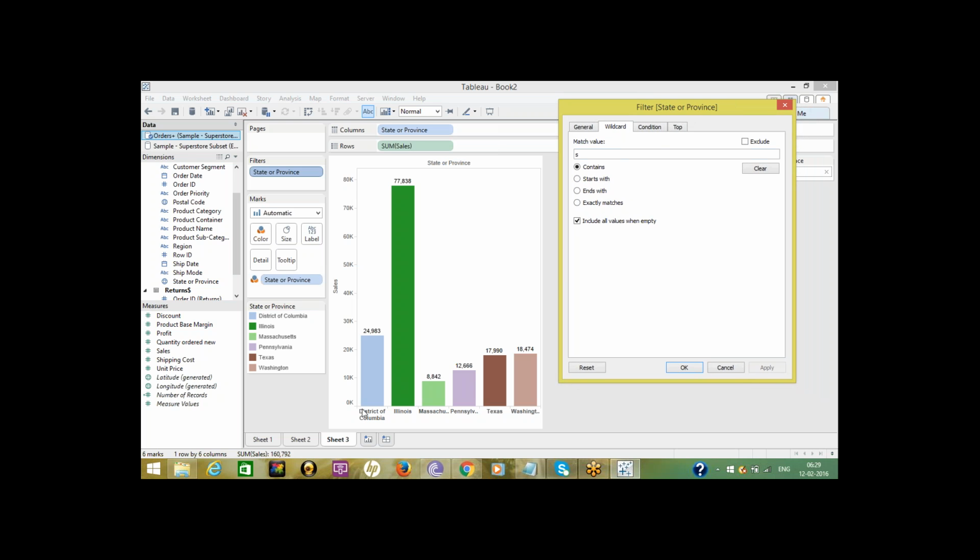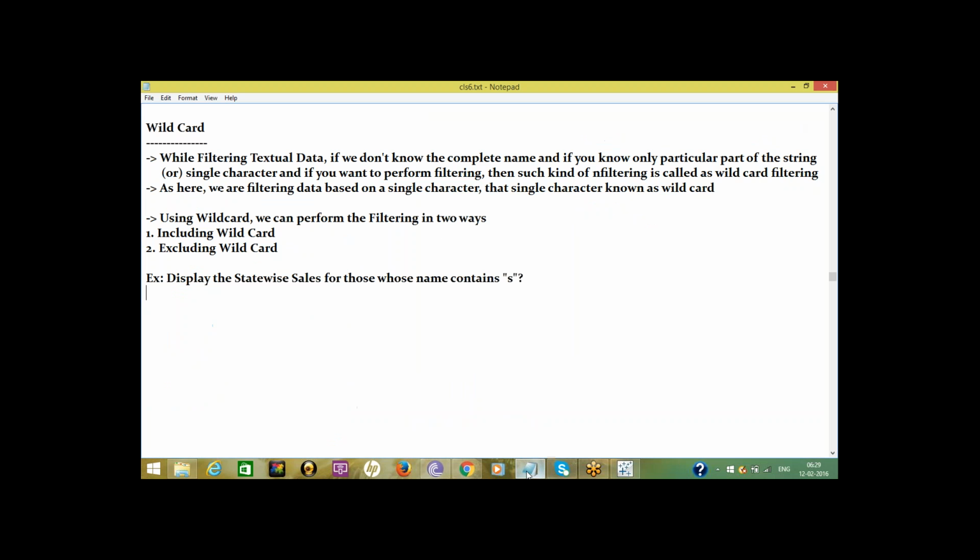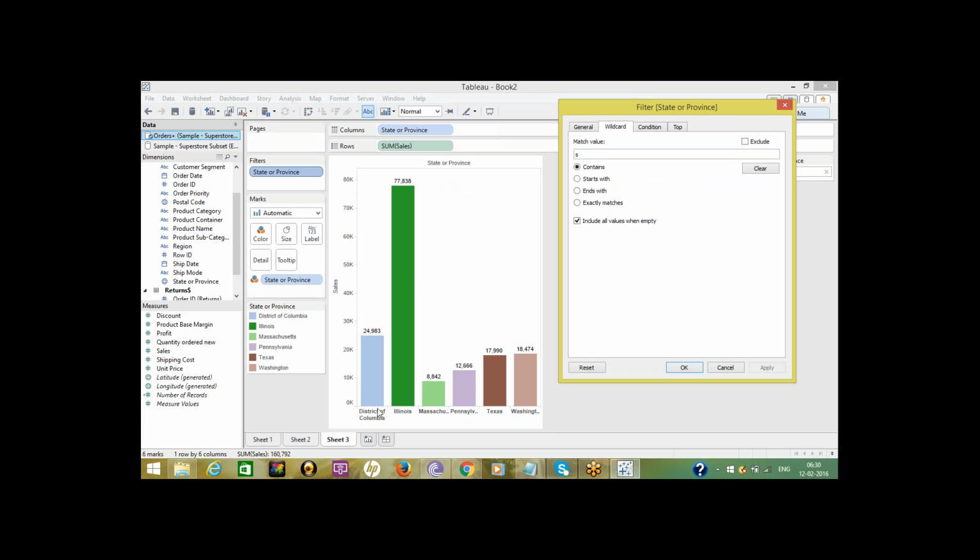Only these states appear. In Illinois, 'es' is there. Washington too. Display the state-wise sales whose name contains 'es'. That may be at the start, at the end, or in the middle. If it contains 'es', it should display that particular state's sales. Say Illinois, this one.